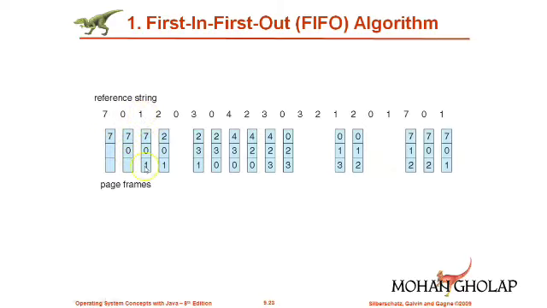Now you can see all the 3 frames are full. After this, if another request comes to load page number 2, presently there is no space, all the 3 frames are full. Now by using a page replacement algorithm, you have to create a space here. Creating a space means you have to replace a particular page from one of the frames to create a space for the new page to be inserted, that is 2 here. So which one is to be replaced?